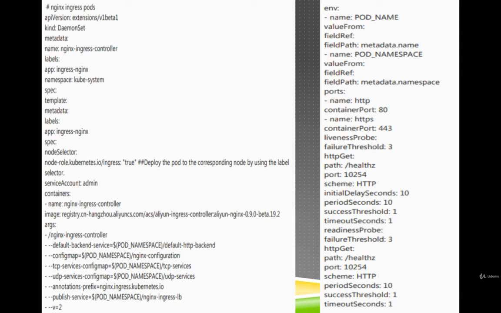Okay, I am moving forward. If needed, please pause the video and go through the details carefully. Okay, a message indicating the deployment status is displayed after you click Deploy. After the successful deployment, click Kubernetes Dashboard in the message to go to the dashboard. Select kube-system as the namespace in the left side navigation pane. Click Daemon Sets in the left side navigation pane and view the NGINX ingress controller.